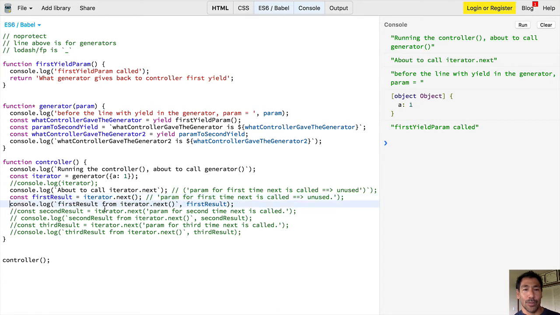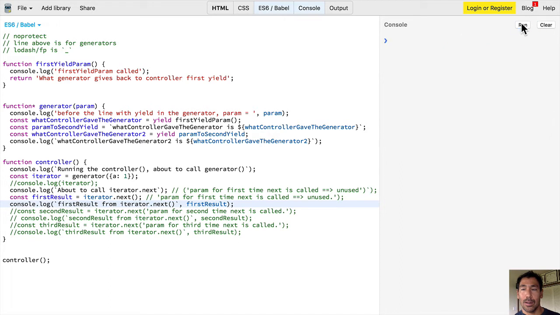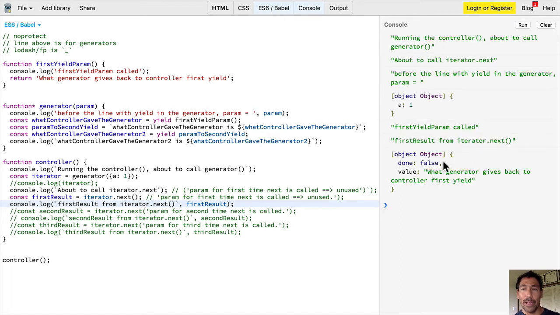Right, and now let's look at what the first result was. So now the first result from iterator.next is what the generator gives back to the controller on the first yield, which is the result of the function. So do you see how by calling next, I'm going to get back the first function call, right? Whatever is on the right side of that yield is going to come back in, right? And then the next part of it is going to be,